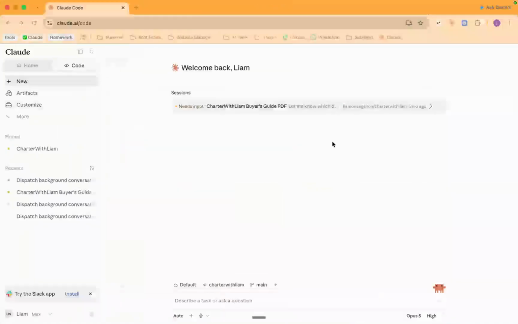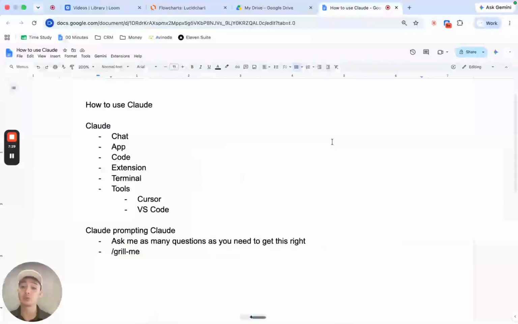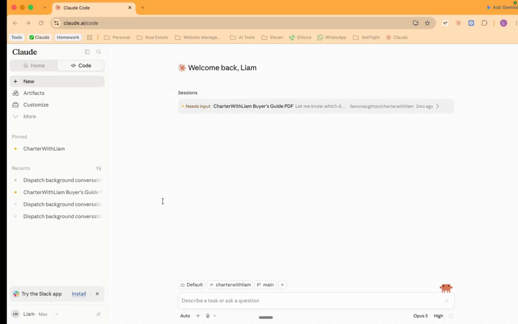So that's the terminal side of things. That's really useful for coding, for working with any sort of file folder directories on your computer. The other one that's specifically really useful for notes is tools like VS Code or Cursor. I personally prefer VS Code just because that's what I started with, but I know Cursor has the same capabilities. And what that looks like is,